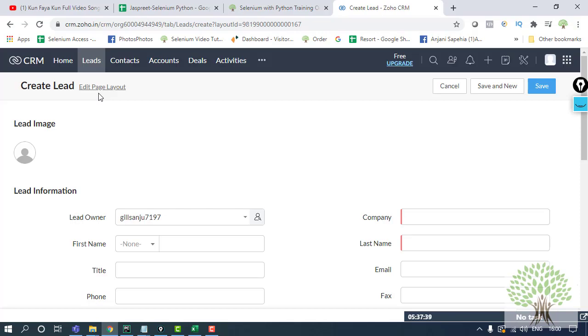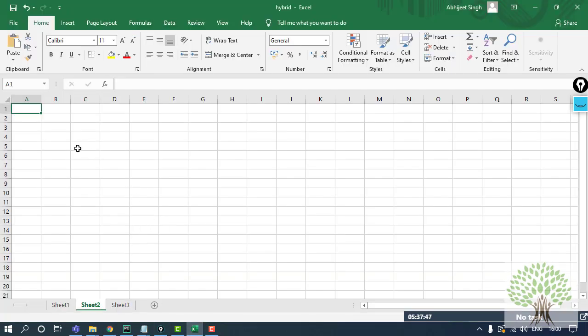So let's just start making an Excel sheet in which I'm going to note down all the steps one by one. Over here in my Excel sheet, first I'll be making different columns. Let's say the first is the test case name itself, that is what the test case is going to be. So my test case name, let's say, is create lead.